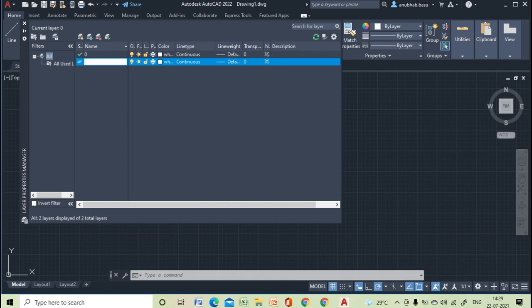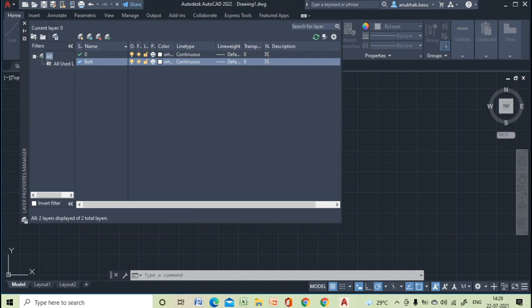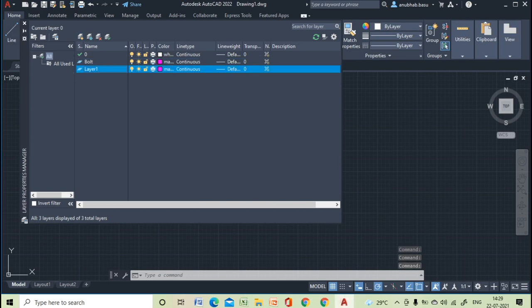I'm changing the color. Say this one is the color of the bolt, and another layer I'm creating is for the nut, and also I'm changing this color.